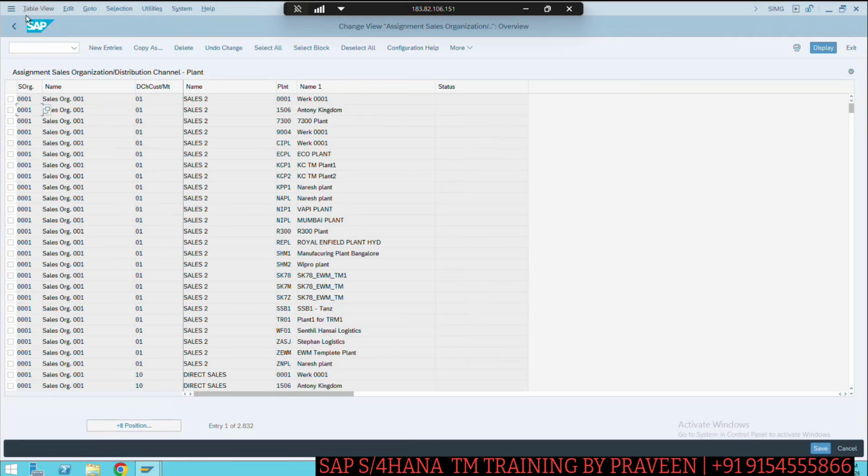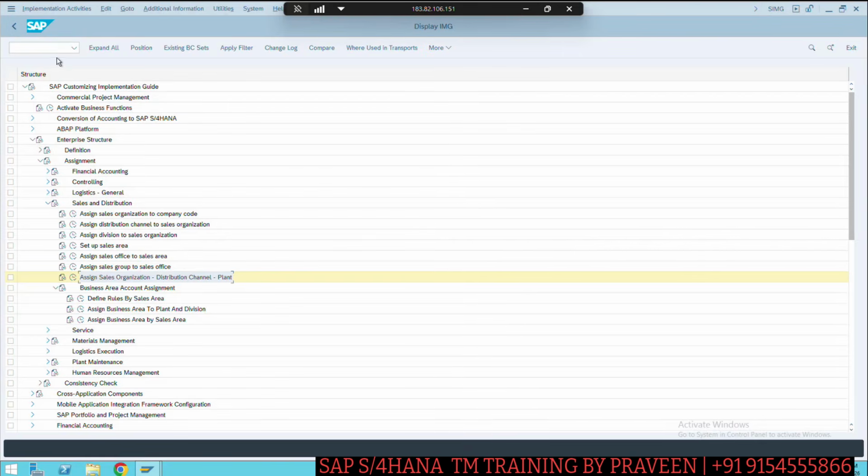One more configuration here, which we usually don't do in the ECC because in the ERP, the business area is obsolete. But now, because of the material ledger, asset accounting and actual costing, this has come back. So we need to set up this business area as well, the rules. I'll set up the rule here saying that I'll go by